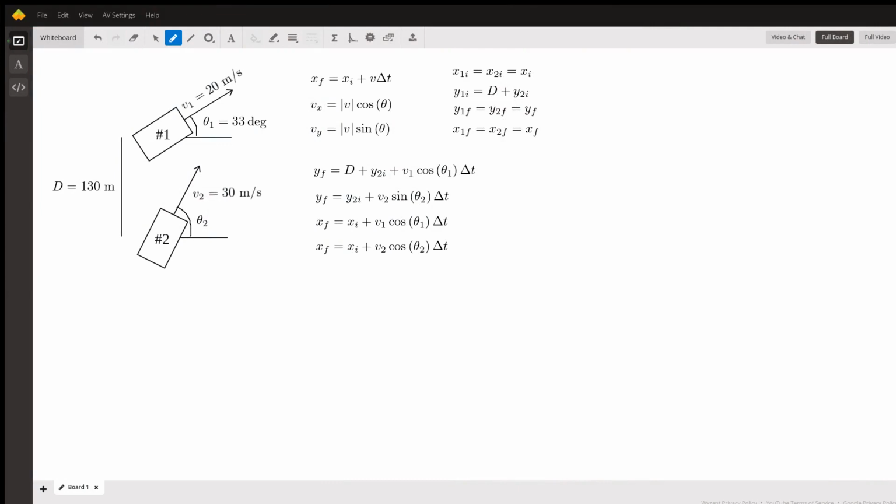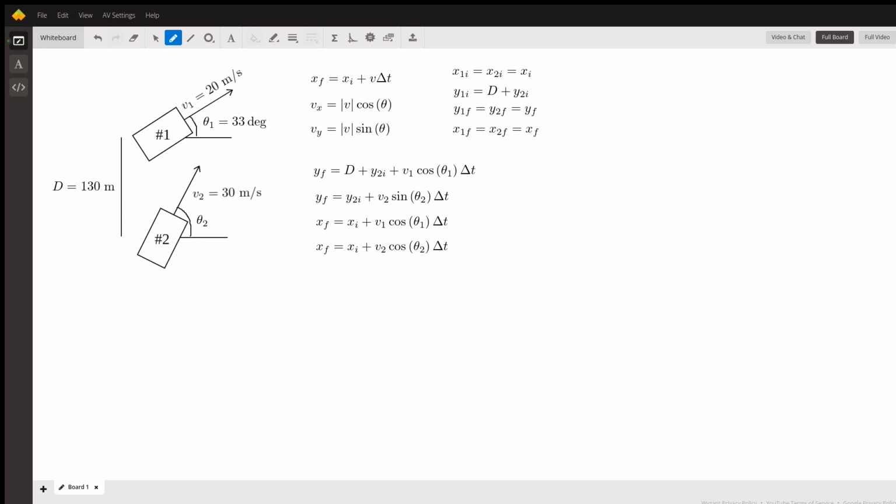We have a relative motion problem here. Car number 1 is moving at a speed v1 equals 20 meters per second in the direction theta 1 equals 33 degrees north of east. It starts at a point a distance d equals 130 meters due north of a second car, number 2, that moves with a speed of v2 equals 30 meters per second in direction theta 2 north of east. Determine what theta 2 is and the time of the collision if car number 2 is to collide with